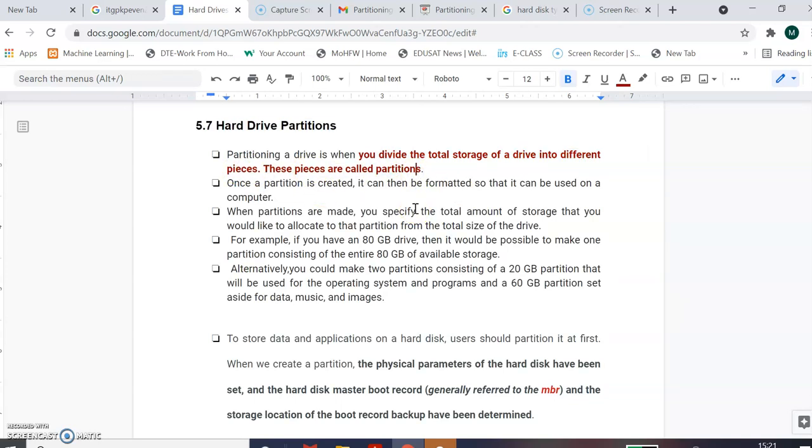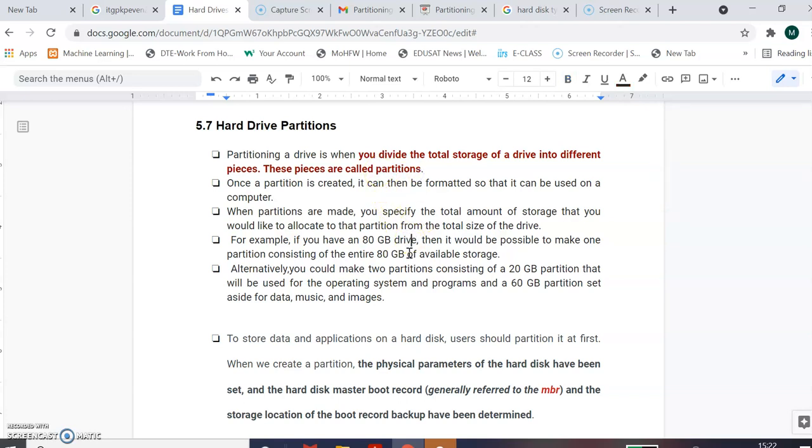Now, you know about logical partitions that you have seen on your Windows system as the C drive, D drive, E drive. These are nothing but logical drives, and they are used to store different types of data. Normally, you use the C drive for storing your operating system data, the D drive for your personal information, and the E drive for your music, images and movies. So in that way you can store and organize your data in a proper manner with the help of partitioning.